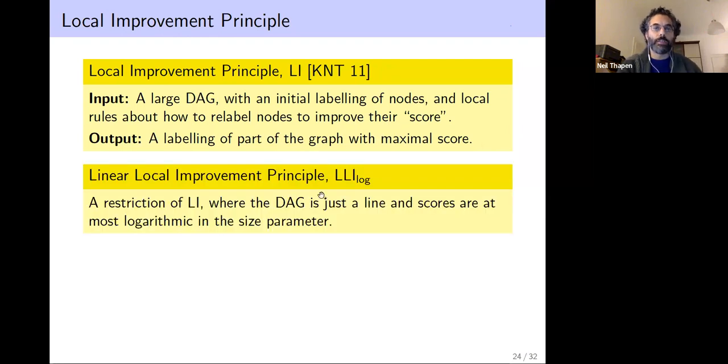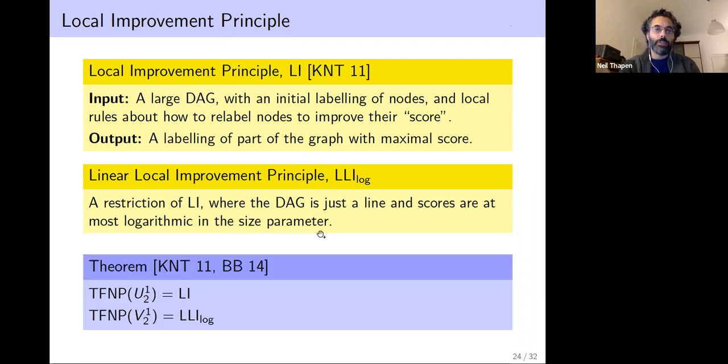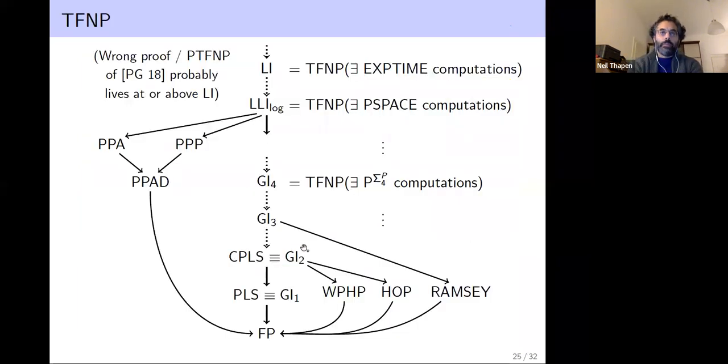And there's a restriction of this, where rather than a general DAG, you just have a line, and the scores are limited or rather small. And we get these characterizations. So there was an early version of this that I had with Leszek Kołodziejczyk and Phuong Nguyen, and this is improved by Sam and Arnold Beckmann, that this local improvement principle captures U^1_2, and this restricted one captures V^1_2. So if we put these on the picture,